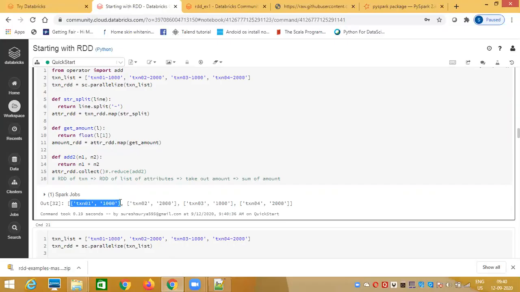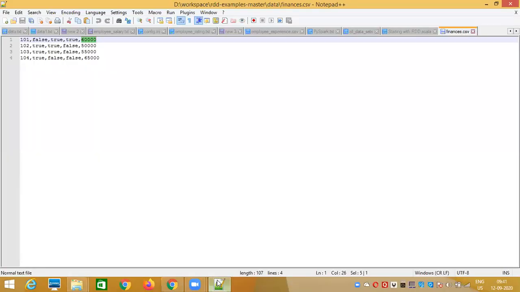Yes. So here, this highlighted part is not a key-value pair. A key-value pair is a separate data type here. Here it's a list only, because in the previous statement you applied split logic. You split each and every line through the tilde, so you end up getting a list of 2 elements. And in the assignment I just gave you, if you parse or split each and every line, you will get a list of 5 fields: 1, 2, 3, 4, 5. From that, you have to extract this last element, that is 60,000.